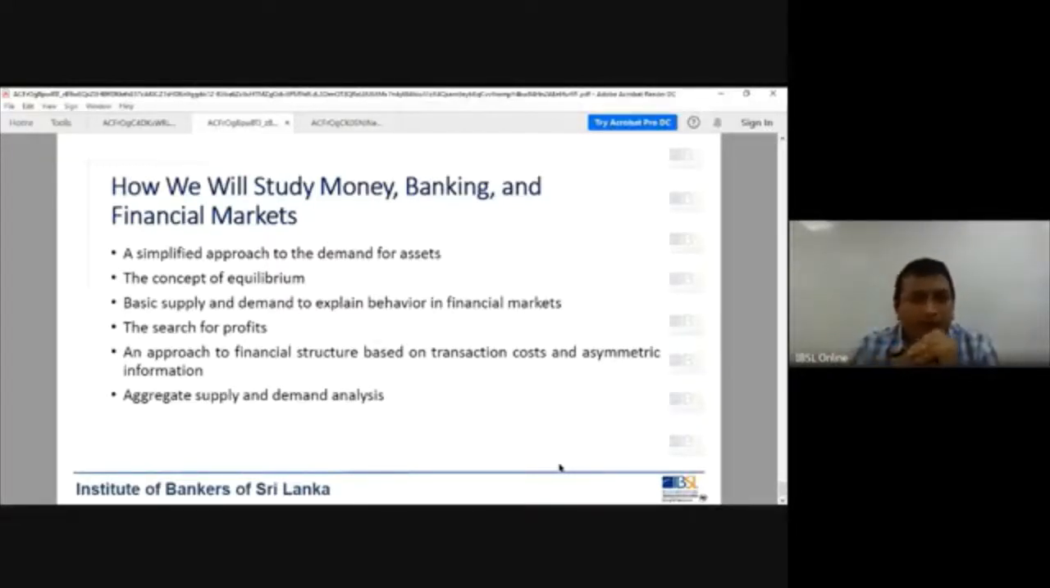Whatever that you are simply seeing is the concept of equilibrium. Supply and demand meet each other. That's where the equilibrium is, right? So then you see basic supply and demand to explain the behavior in financial markets. Yes, what happens to supply, what happens to demand, and then what happens to the financial markets and financial assets, particularly interest rates in this aspect. So when the demand increases, what happens to the interest rates, and if the supply increases, how does it behave,